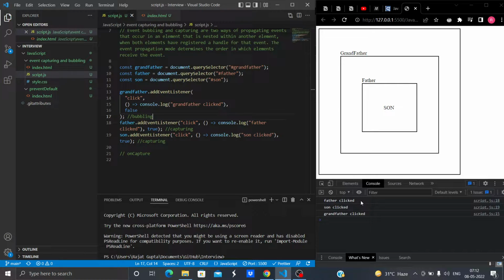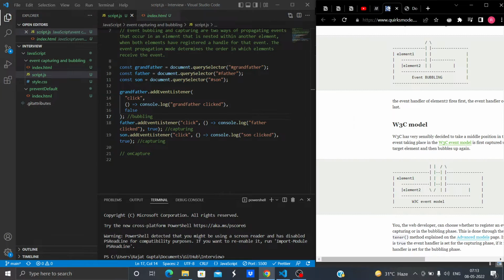As you can see in the console, father clicked is printed first. Now we'll come to son. Again it will see on capture is true for son, so son will be executed. You can see that the events are being trickled down.